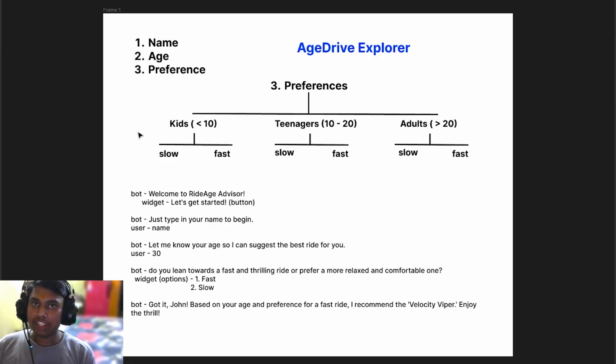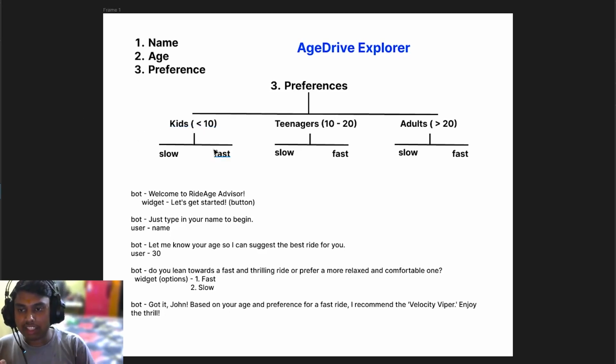Now let's see what project we are going to make here. The project name is Ace Drive Explorer. We can also name this chatbot Ace Drive Explorer, and then we take input from the user: name, then age, and then preference. When the user's age is less than 10, we provide the condition kid.